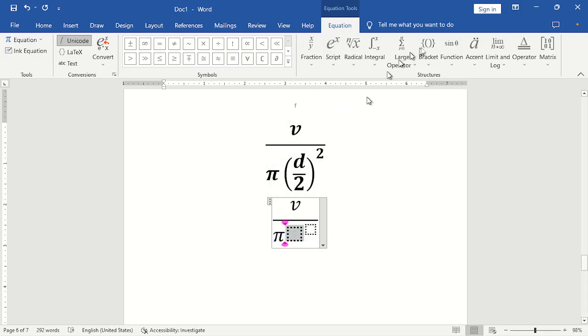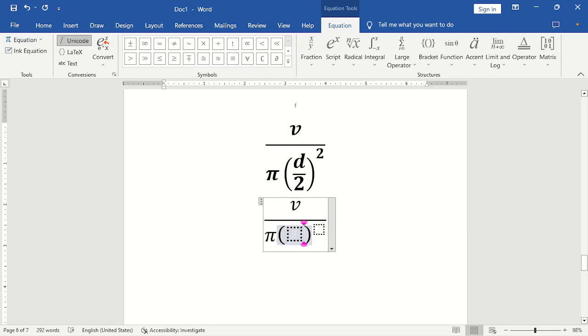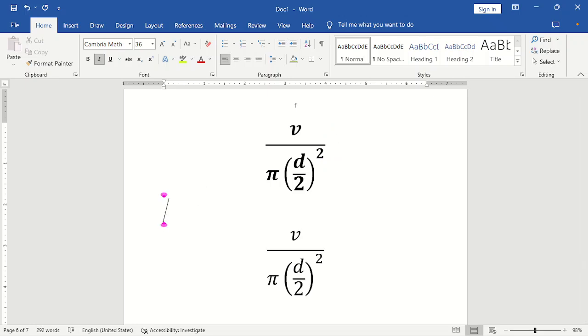Then under the script, I will now choose my bracket. And then under my bracket, I will choose my fraction. And then this becomes my d. Down here, I have my 2. And up here, I have my 2. So you can see that, right? That is how easy, that is how simple it is to work